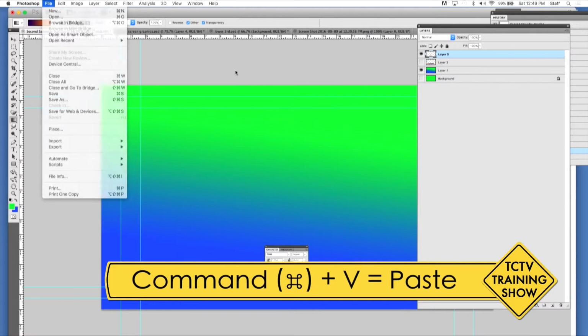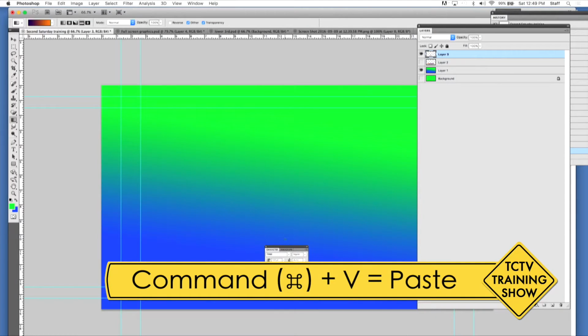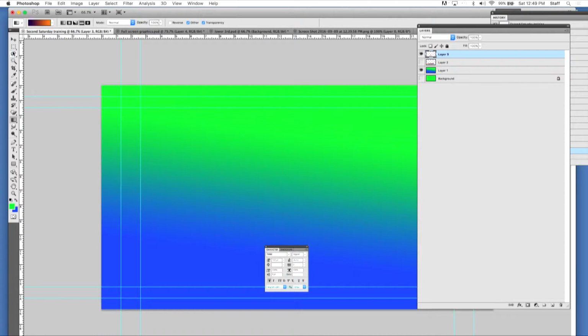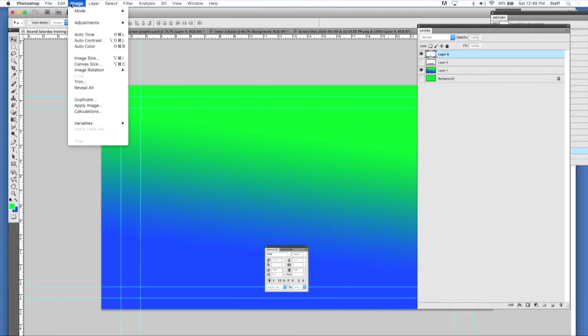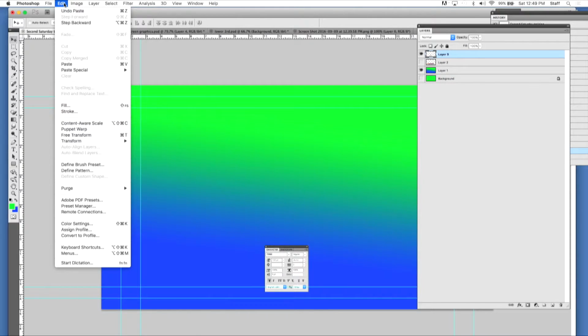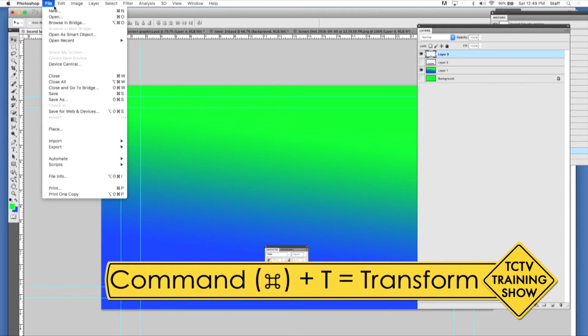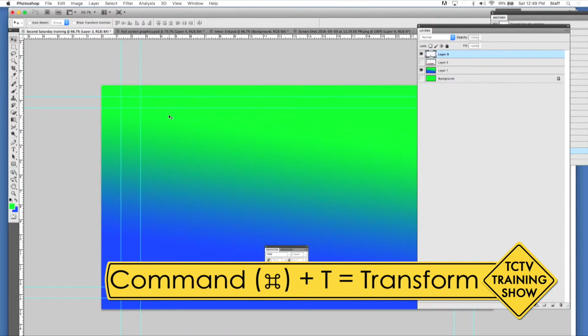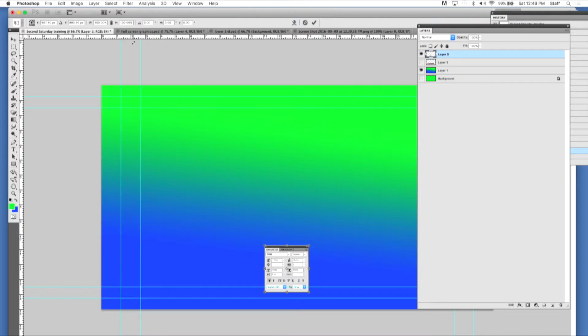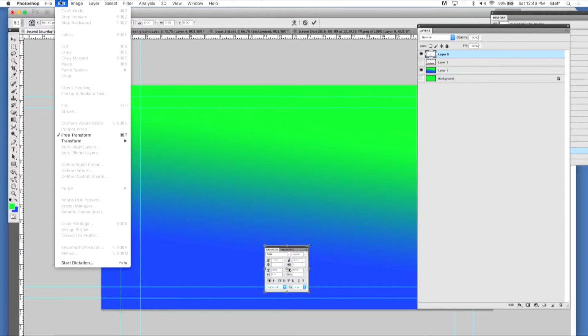So here's our little image that we created, and it's really small. So I'm going to size it up, and to size it up, there's a keyboard shortcut, but also there's a way to do it. The keyboard shortcut is Apple T, and that lit up in Edit, didn't it? Transform. There it is. Free Transform, okay? You see that menu item? It's under Edit, but the shortcut for it is Apple T. So when we hit Apple T,